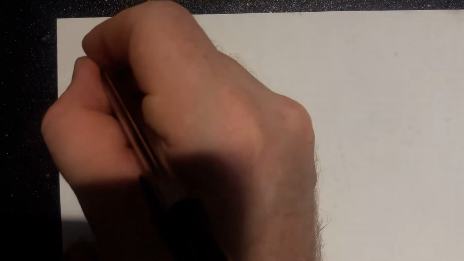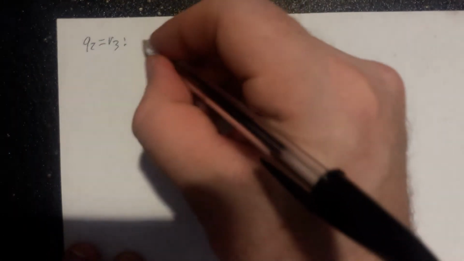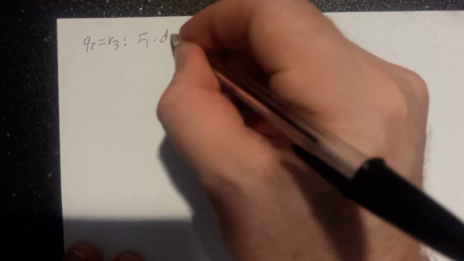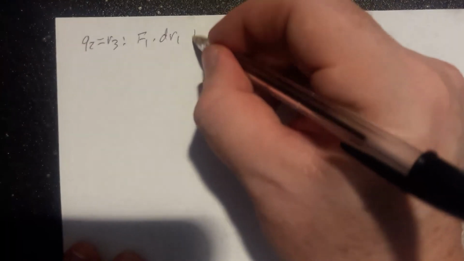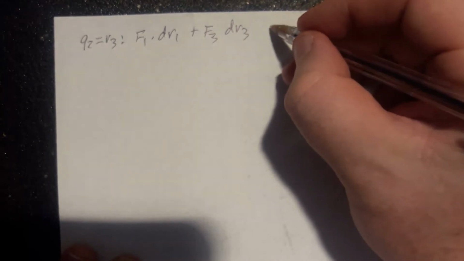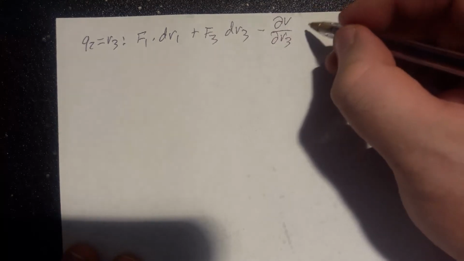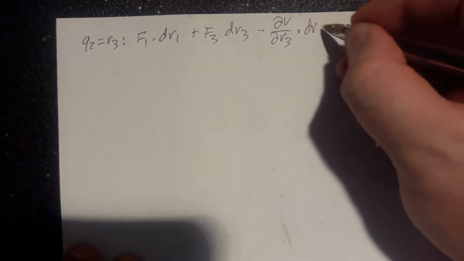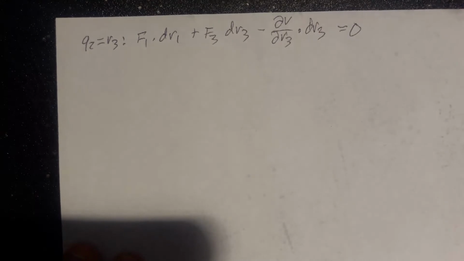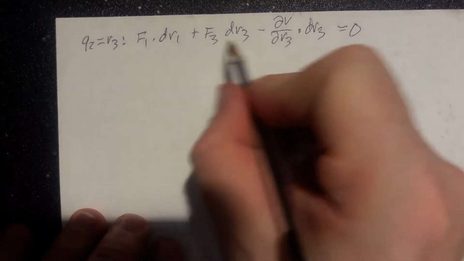We'll now look at our other force equation. So we'll be looking at Q2 equals R3 in this one. And so here we have F1 dot dr1 plus F3 dr3 minus dV dr3 dot dr3 equals 0. Now this is an independent equation, okay, and so we need to get everything in terms